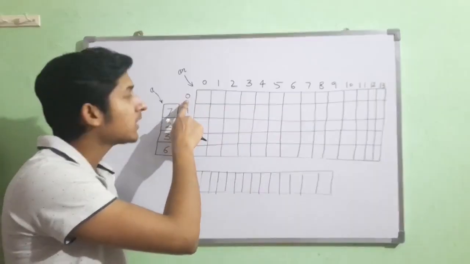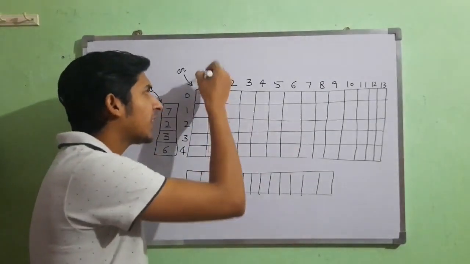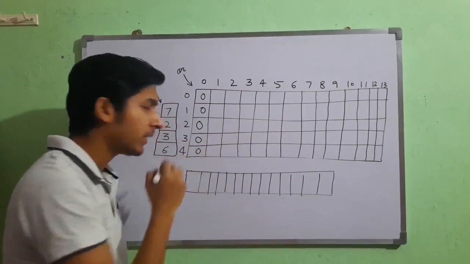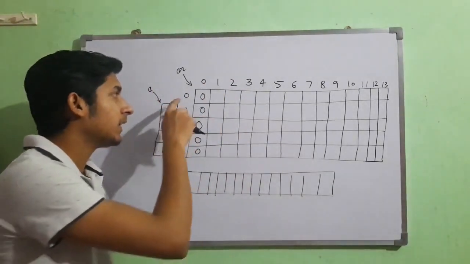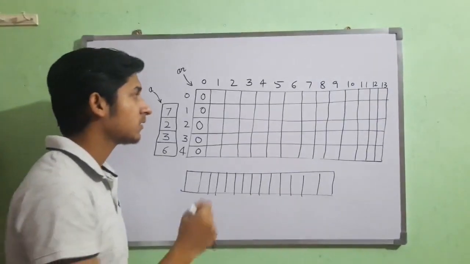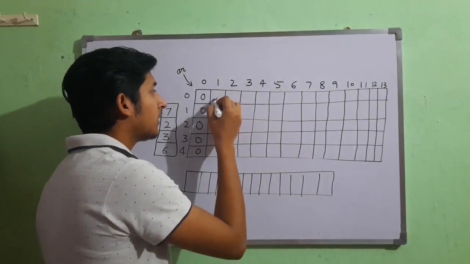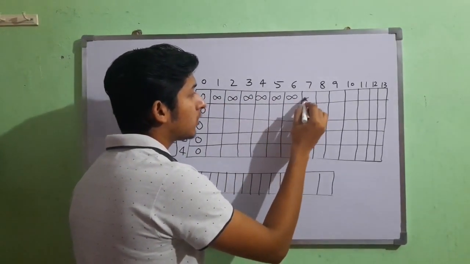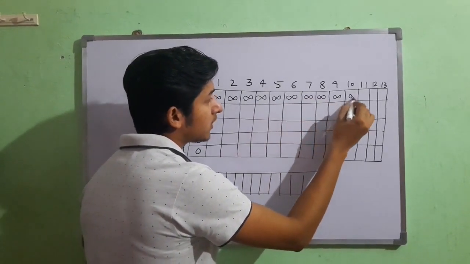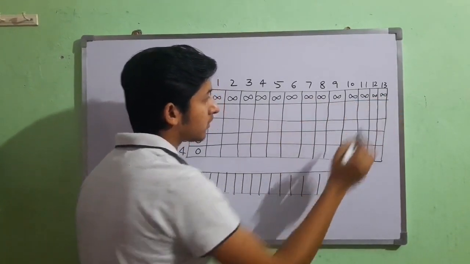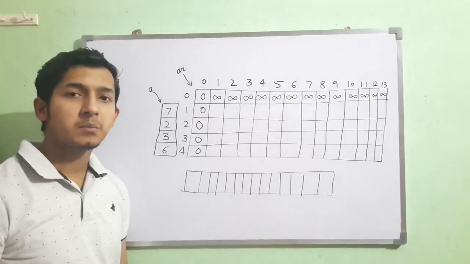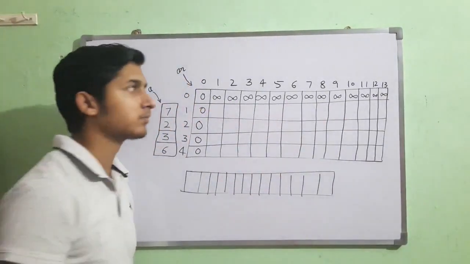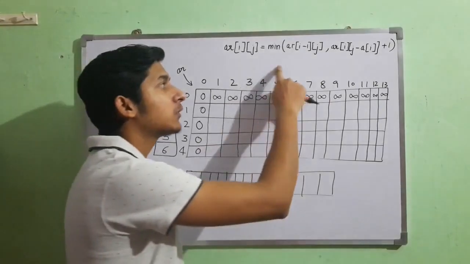Now understand, when I have 0 value of coin, to get the value 0, I do not need any coin, so that is the base case. If a 0 value coin is there, then I will have infinite number of coins to get any value out of these. Now, these are base cases. Let's write down the formula we will be using for completing this. So now I'll make you understand how this formula works.